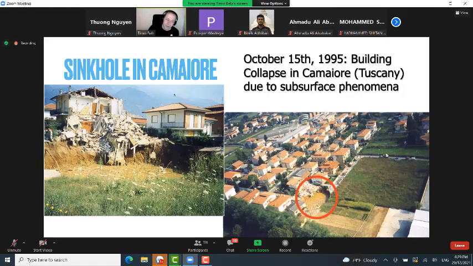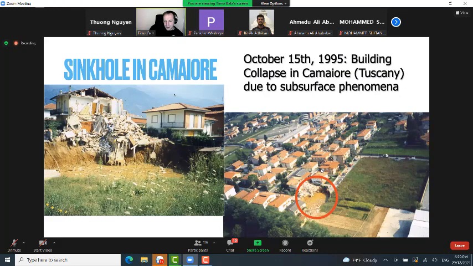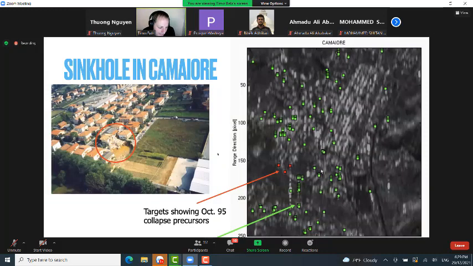Sinkholes are very difficult to catch, and unfortunately they're also very dangerous because of their sudden appearance and then the sudden damage that they cause. Now, when one looked at the data after the collapse, one found that